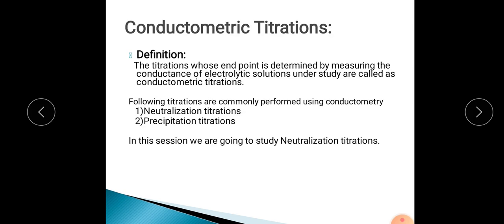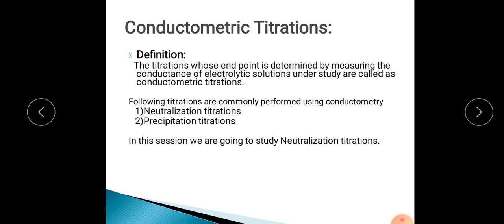Next, conductometric titrations. Friends, as earlier told, previously to conduct the titrations, indicators were required, and those analyses had drawbacks. In fact, for certain titrations, indicators were not available. The indicator method is applicable only for solutions which are colorless. For colored solutions, the indicator method is difficult to implement, and for that the conductometric titrations can